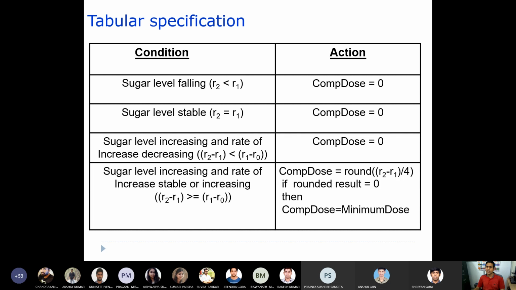If this is the case, you are going to give some sort of dose, and that dose can be calculated like this: R2 minus R1, the difference between the current two readings, divided by 4. If you round that value, and the rounded result is equal to 0, then you give the minimum dose. So this is the way that you try to give some actions, right?